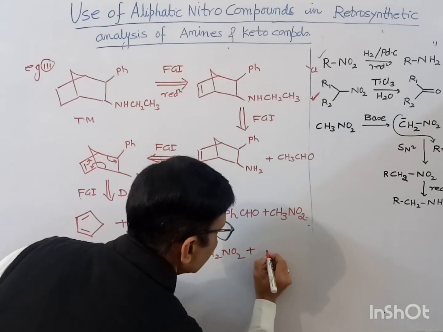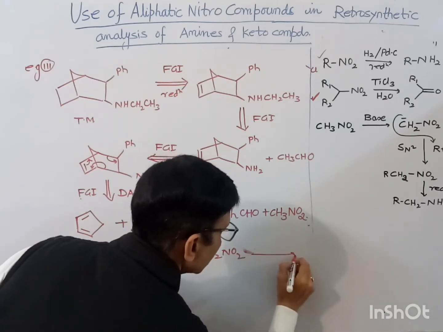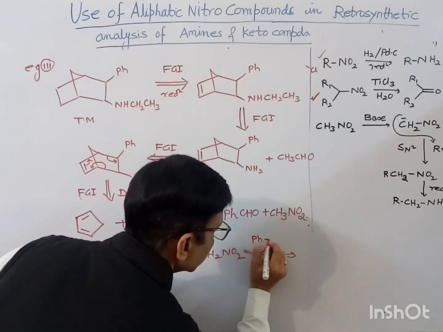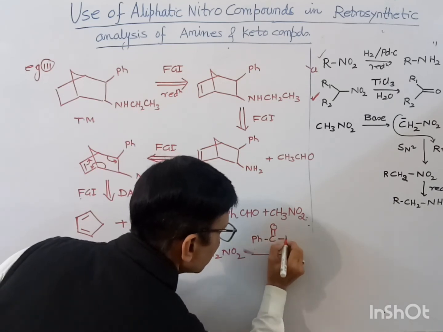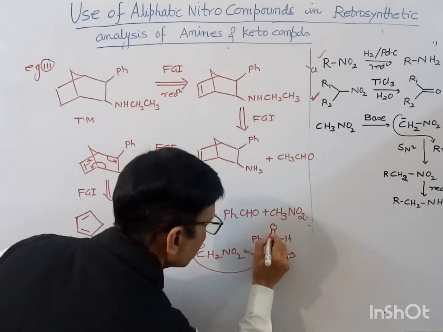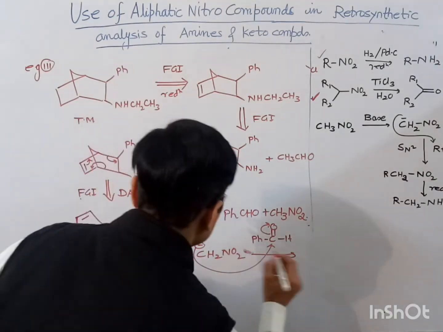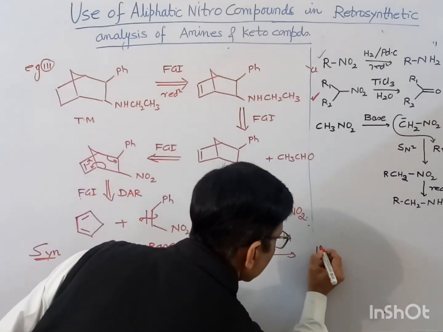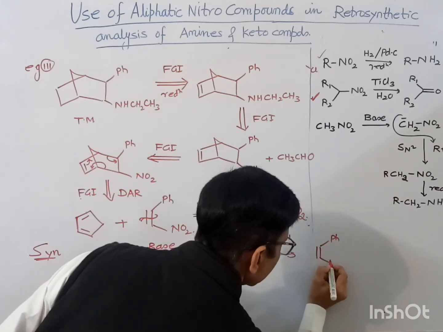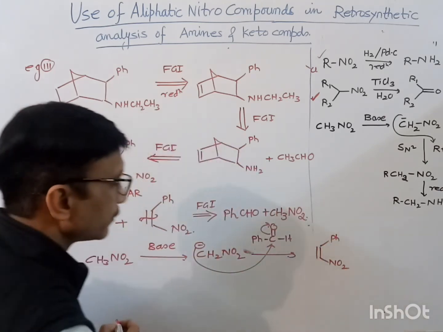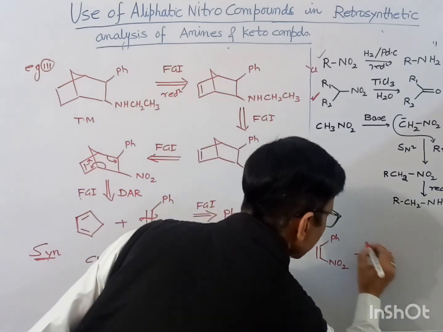This will attack benzaldehyde, and you will get an alpha beta unsaturated nitro compound, which in presence of this diene,